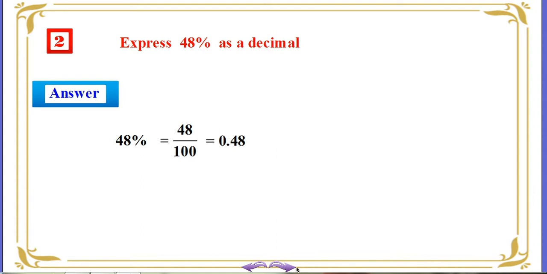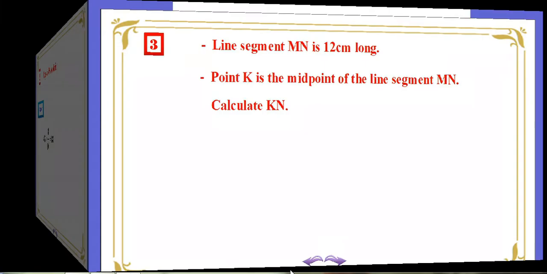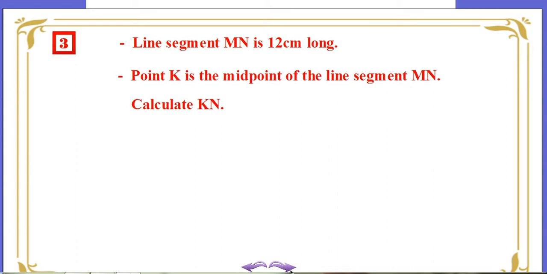We go to do exercise 3. Line segment MN is 12 cm long. Point K is the midpoint of the line segment MN. Calculate KM. The answer is